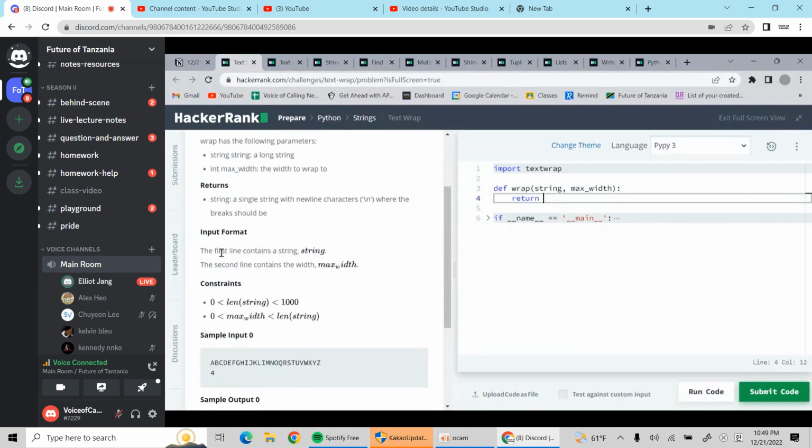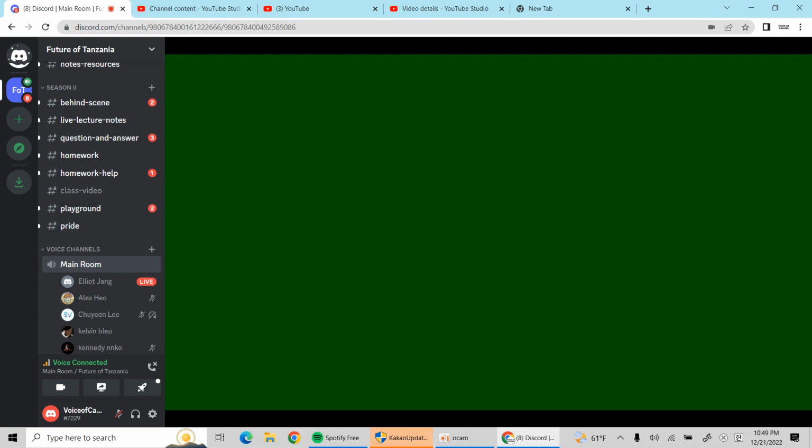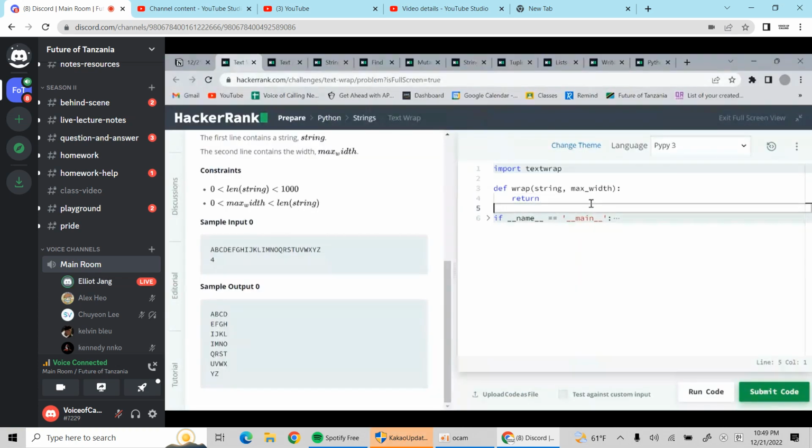Our input format is the first line contains the string, and the second line contains the width. So we have our sample input, and it gives us 4 also. So you can see we have 4 characters going down just like that. Now what we need to do is we just need to return